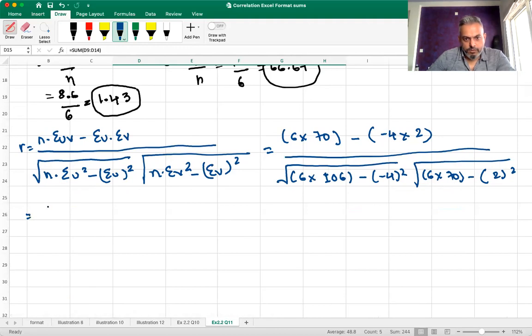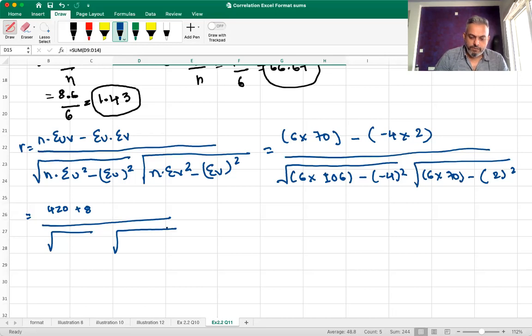Which is equal to 7 sixes are 42, minus 4 into 2 is minus 8, minus minus is plus 8, upon under root 6 into 106 minus 16, so 620, and 420 minus 4 is 416, which is equal to 428